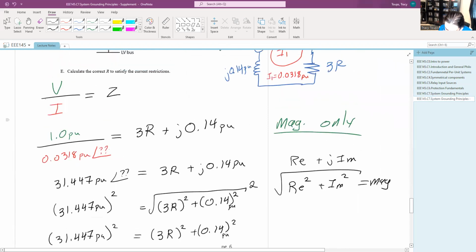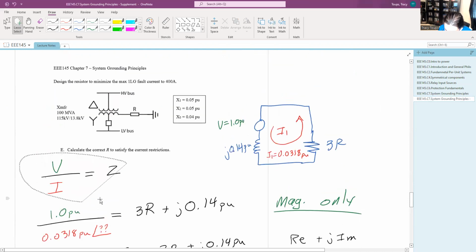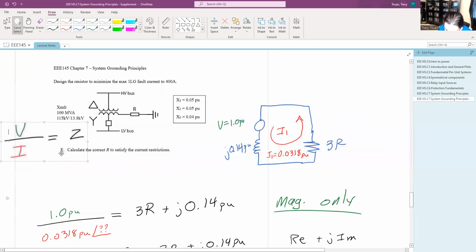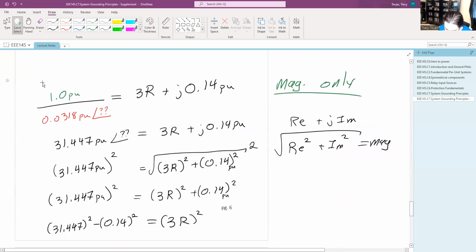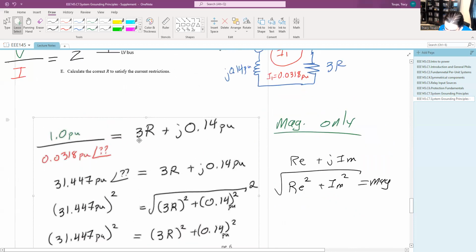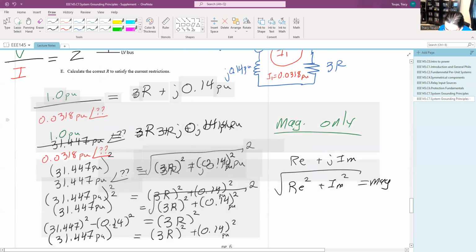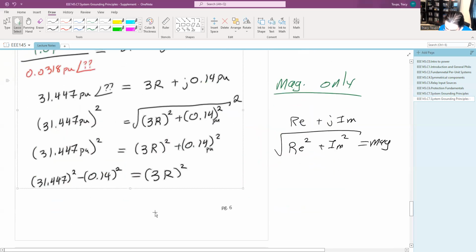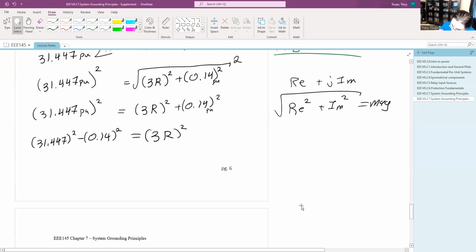Let me just duplicate. Let me organize this a little bit better. Okay, so let's move this up a little bit. I'm just trying to make some space. Okay, we want to do this. All right, so let's go ahead and take all this. Again, I'm just going to shift everything up a little bit just to make sure everything fits on one page. There we go. Okay. All right, so again, honestly, I'm just getting bogged down a little bit in mathematics, but